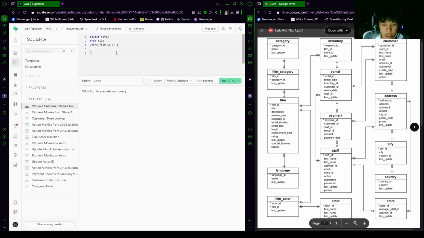So we're selecting film ID from film actor, and then after that, we're now going to use another subquery in where actor ID in.